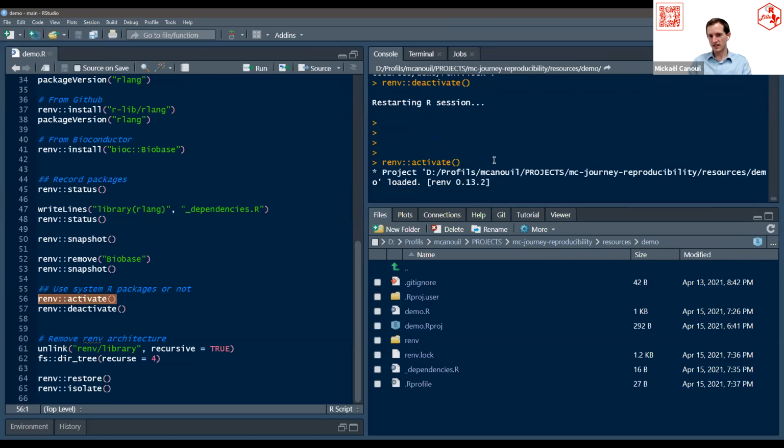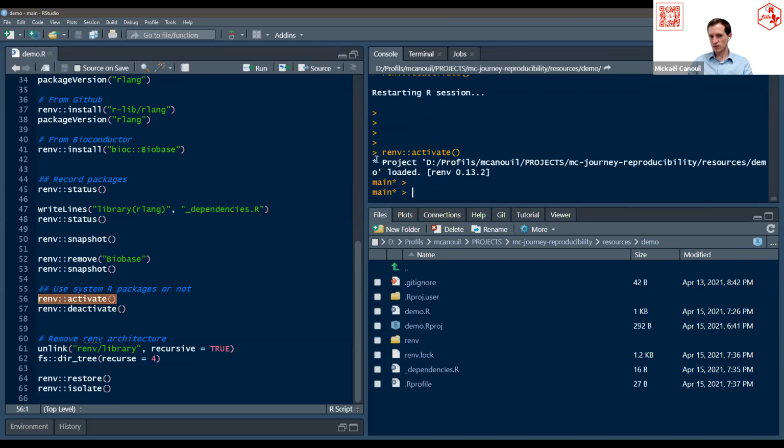So here, we have this header that appears that tells you that you are in a RAMP environment, meaning you have access to a local library with packages, not the system-wide libraries. It's a setup, so you can allow access to system-wide libraries from within a RAMP project. But in that case, your project is no longer completely isolated.